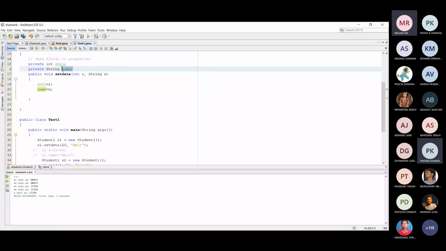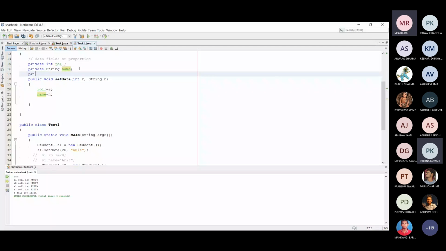Suppose there is another parameter like private integer age, suppose age is the sensitive data, or private integer salary. Now here in the public setData, we can initialize another integer parameter, suppose s, and salary is initialized by s.